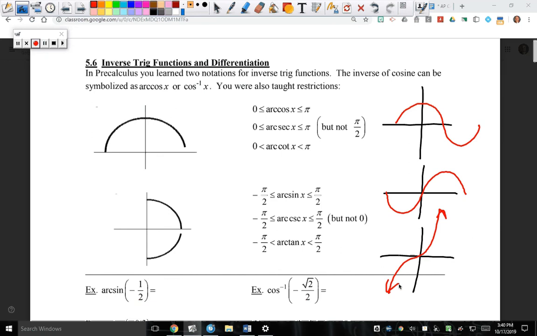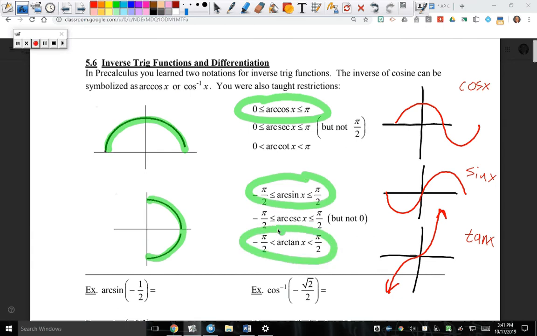Looking at this, if you can understand how these relate to their inverse functions, it's easy to remember that arc cosine is from 0 to pi. And it's easy to remember that arc sine and arc tangent are from negative pi over 2 to pi over 2. So this right here is the unit circle